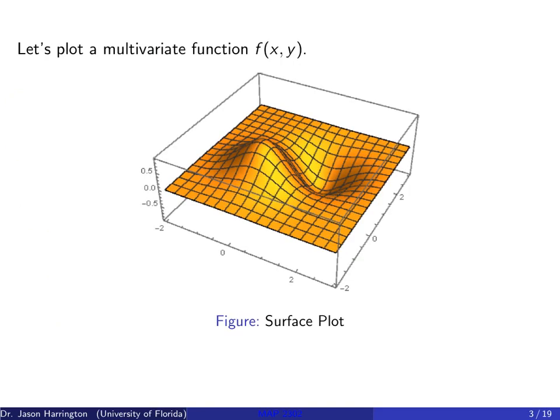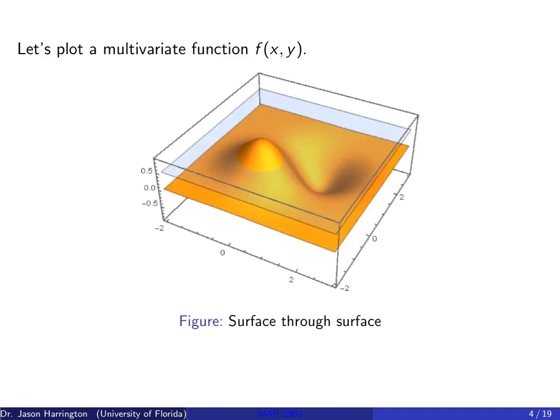So let's just talk about plotting multivariate functions. If I want to do a surface plot, everywhere I put in an x and a y, I have a height. So I'll have my height z at the point x comma y. And you can see that's going to create some hills, valleys, maybe saddle points. But you'll notice that if I put a ball or a marble here on this surface, it'll probably roll down. And if I put a marble here, it'll probably roll inside and just stay at the bottom there.